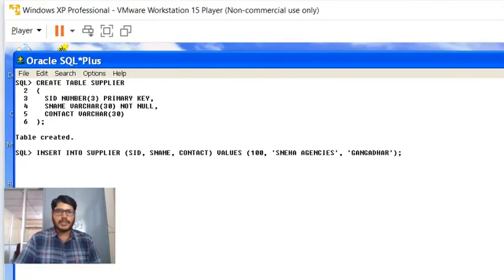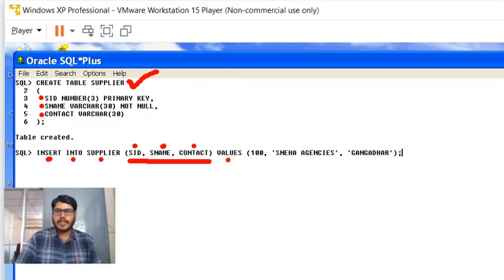If you look into this query, insert into are the keywords, insert into supplier is the table name, and for these columns I'm going to insert the values. If you remember, these are the column names, SID, SName, contact, which we have already created here.